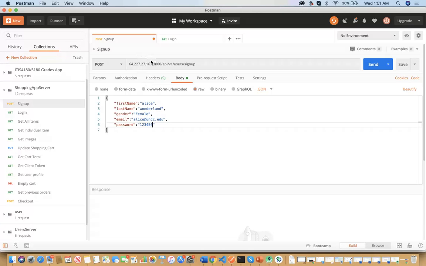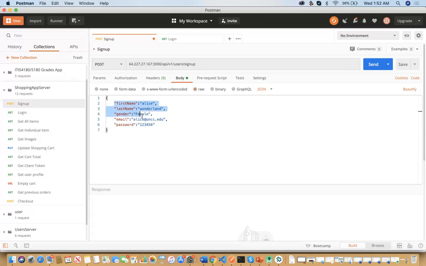The first endpoint that we would like to demo is our sign up endpoint. Whenever a user wants to access some of the user specific features of our application, they need to sign up into the application first, and if they already have their credentials, they can log in using those credentials.